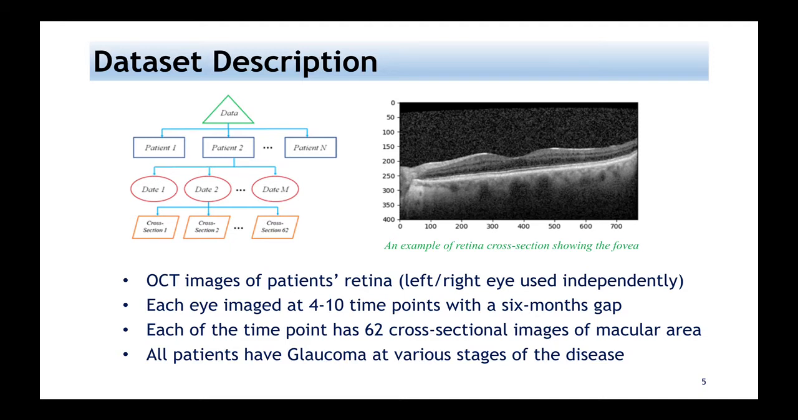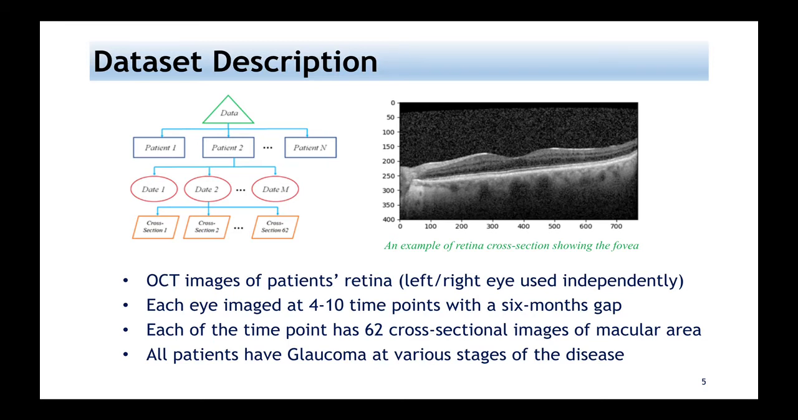So now we will introduce the dataset. The picture on the left shows the hierarchy of the dataset, and the picture on the right is an example of the cross-sectional image. OCT images of patient retina are in the dataset, and we use the left and the